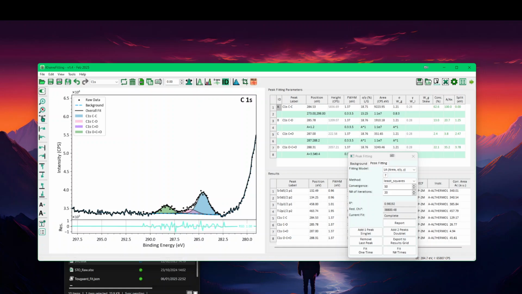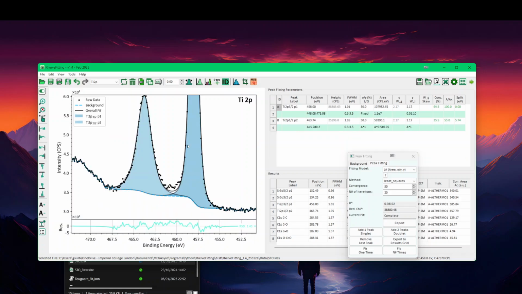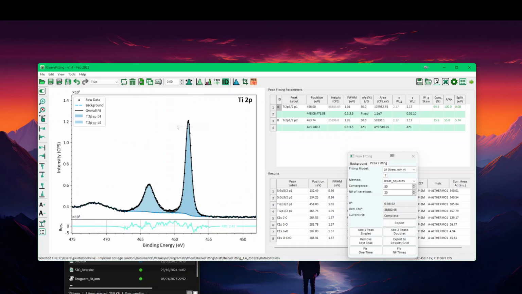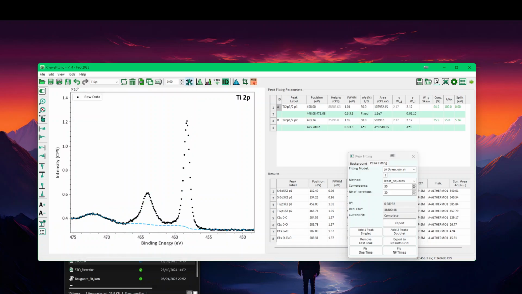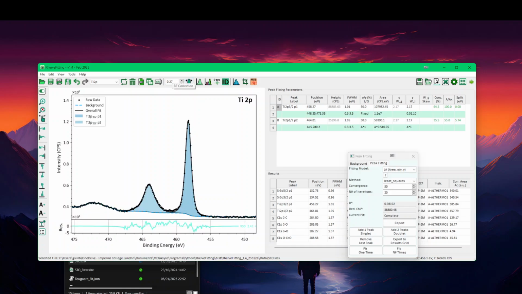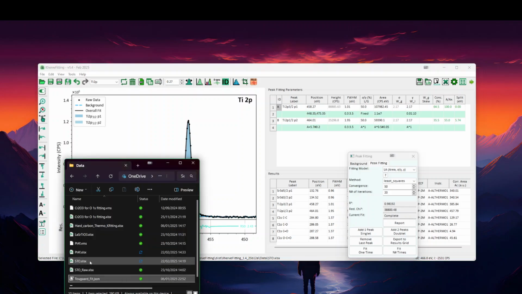Yeah, and I can be in any part of the software. So now if I go to the titanium 2p and zoom out, I can correct it. It's also going to find 0.27. So last bit is, oh, by the way, you can go back with the undo and redo as well if you wanted. But last bit is the saving. So now if I want to save this data, and you saw before the raw data, and I think I haven't saved it yet,